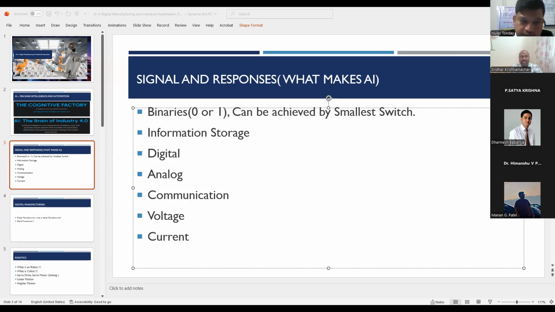For example, initially we used to make a program of about 20 to 30 lines for a simple pick and place operation. Now, if I put it into ChatGPT, no human is working. The AI is working for us, and within 4 or 5 lines itself, we can achieve the same output. We can get anything in AI.